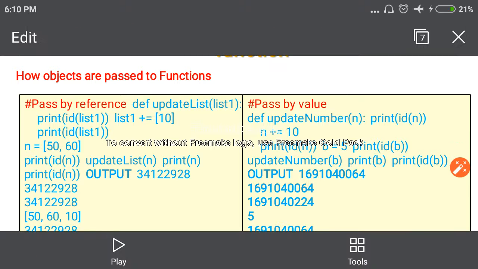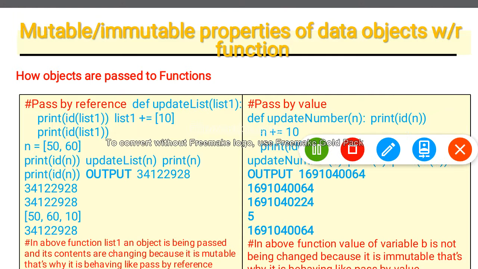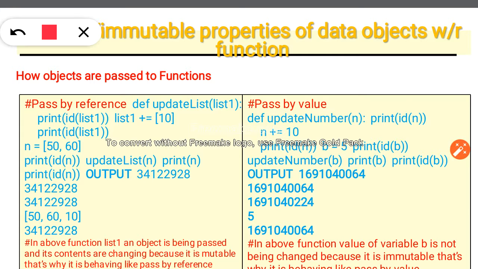Now over here, pass by reference. Now in this program, you can see print id list 1. So first start from here. Okay, def update list 1, then colon, and then print 1.